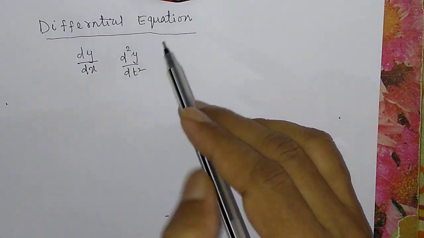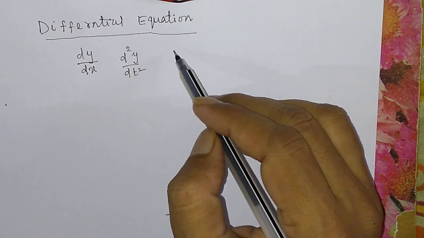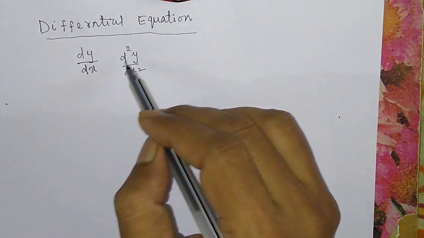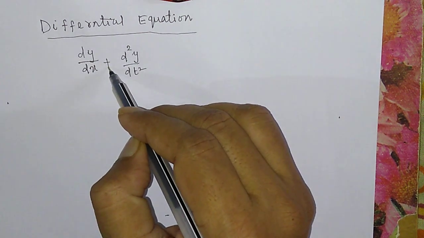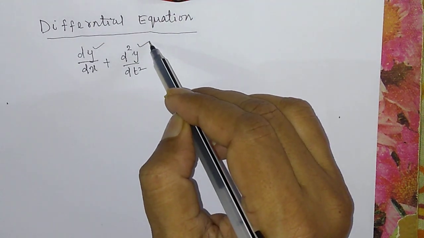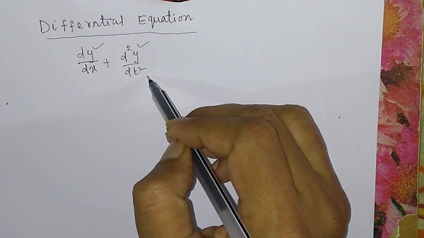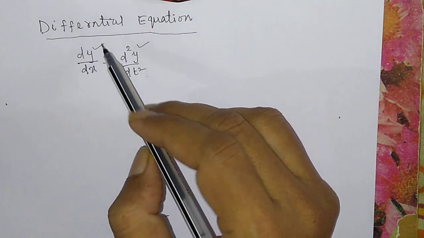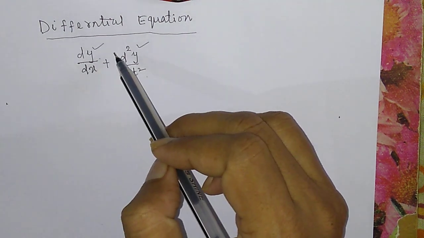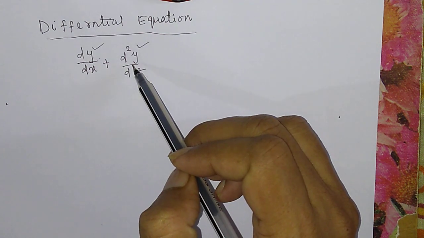This is called the second derivative. Similarly, you also have the third derivative, fourth derivative, or nth derivative. So if an equation has derivatives, suppose you have an equation with the first derivative as well as the second derivative, then this type of equation is called a differential equation. In a differential equation, you may have the first derivative or second derivative like this.